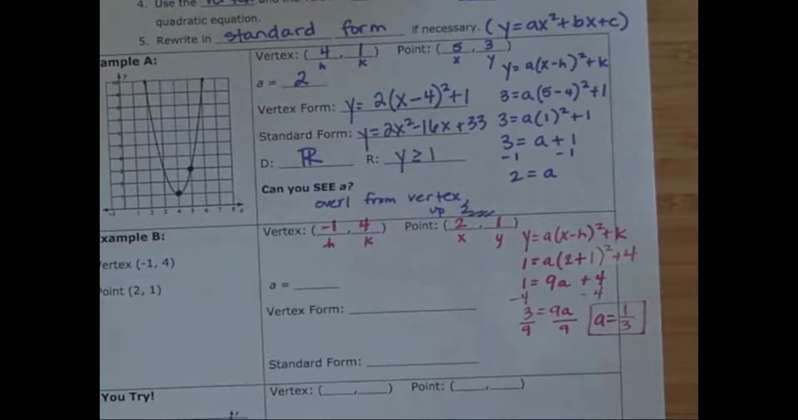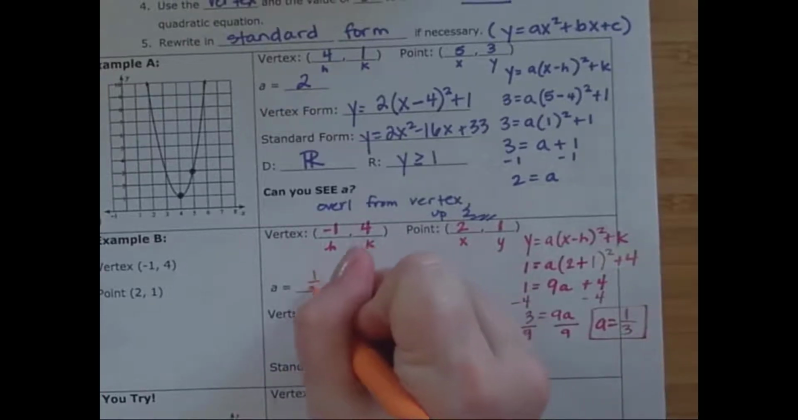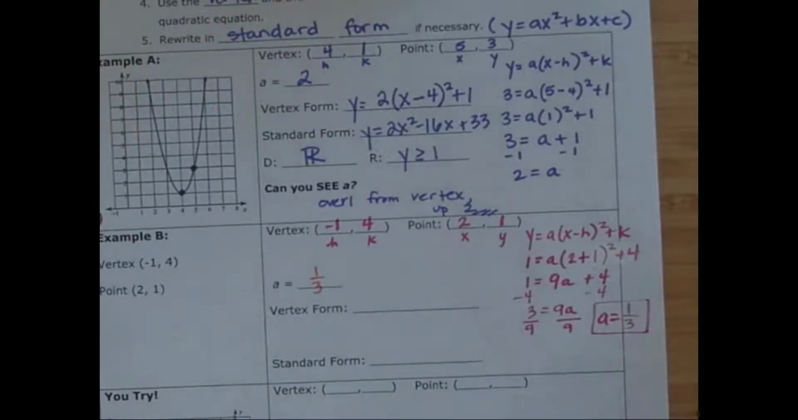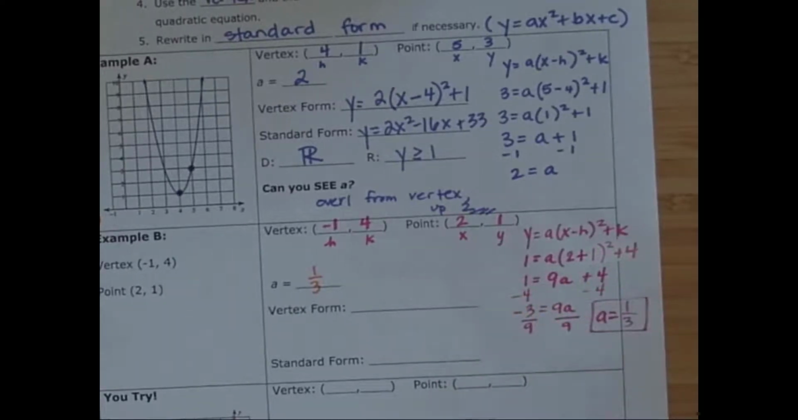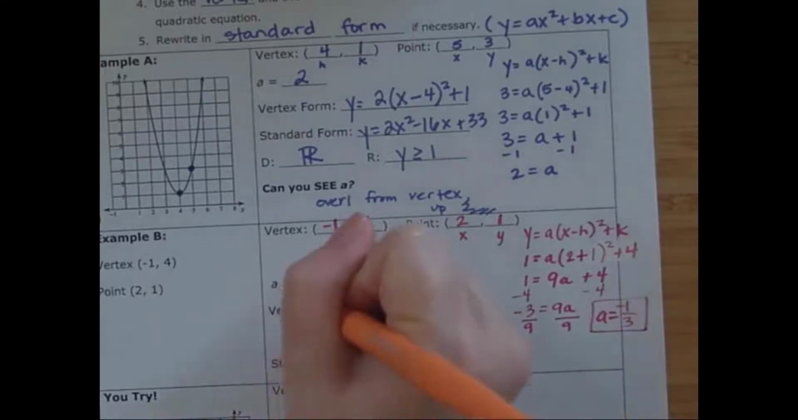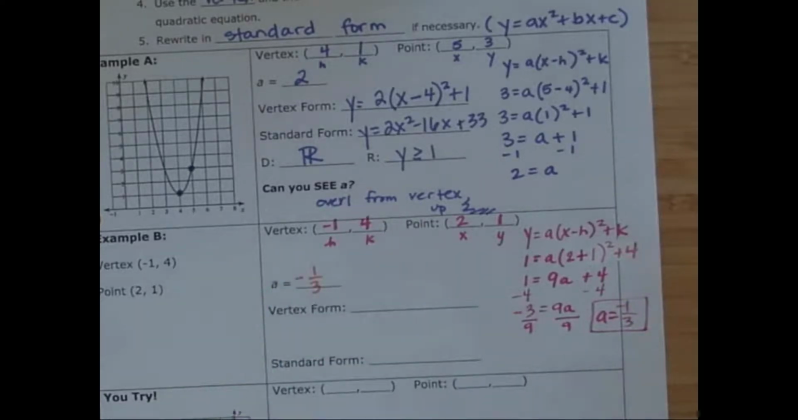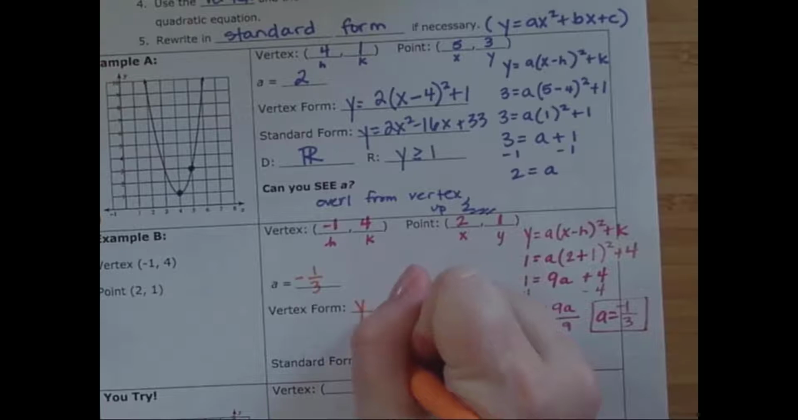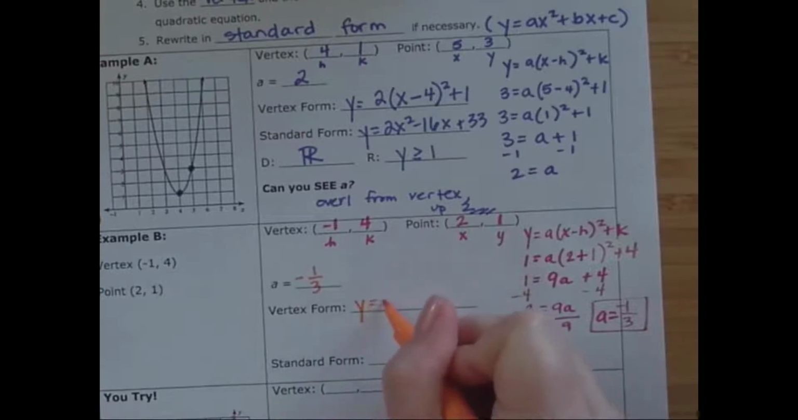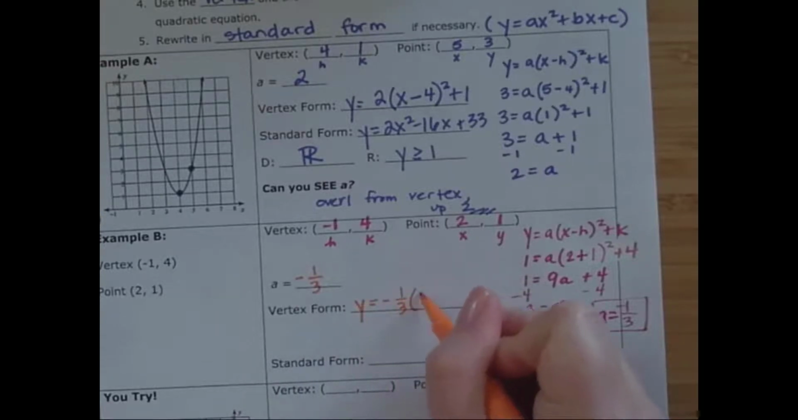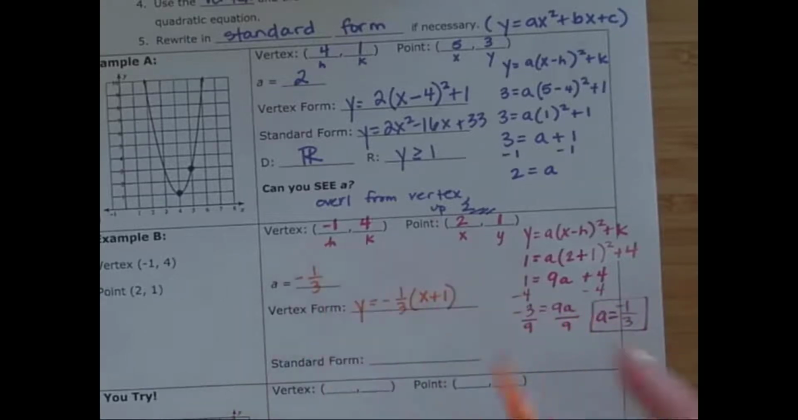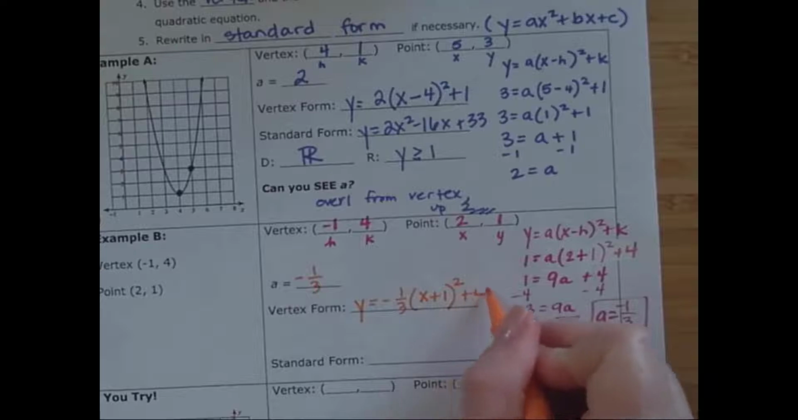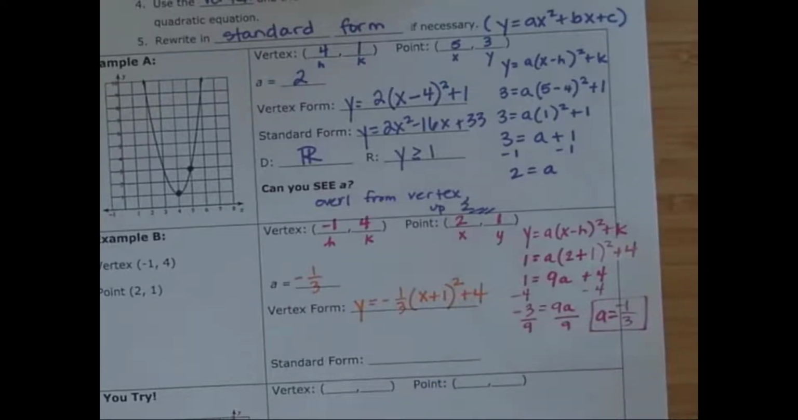Okay, so my a value is 1/3, which means my, oh, what did I forget? 1 minus 4, that's a negative 3. So it's negative 1/3. So my vertex form is y equals negative 1/3 (x plus 1) squared plus 4, because it's x minus h, and that's a negative 1. And then we can